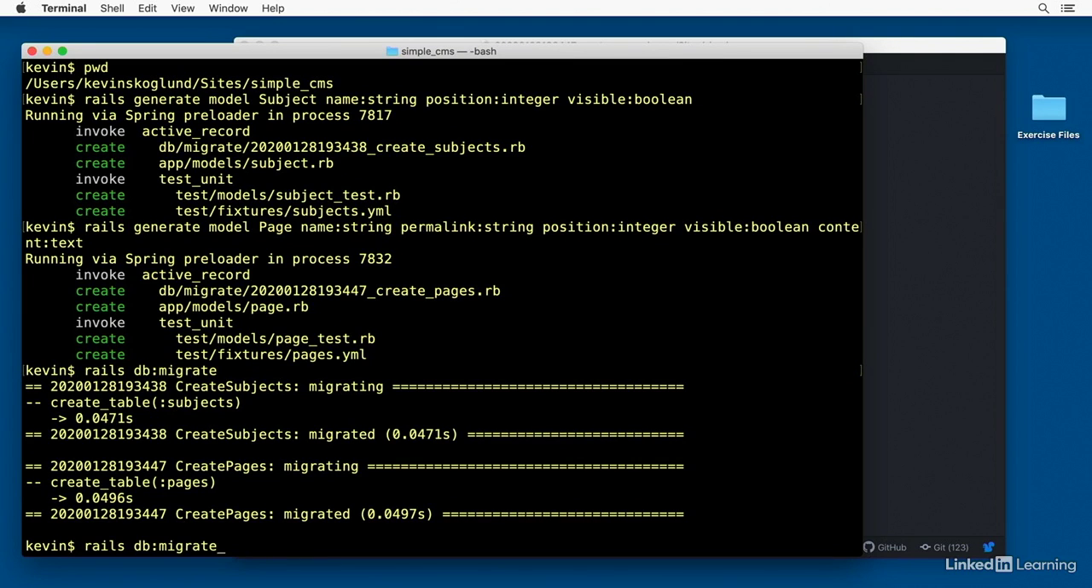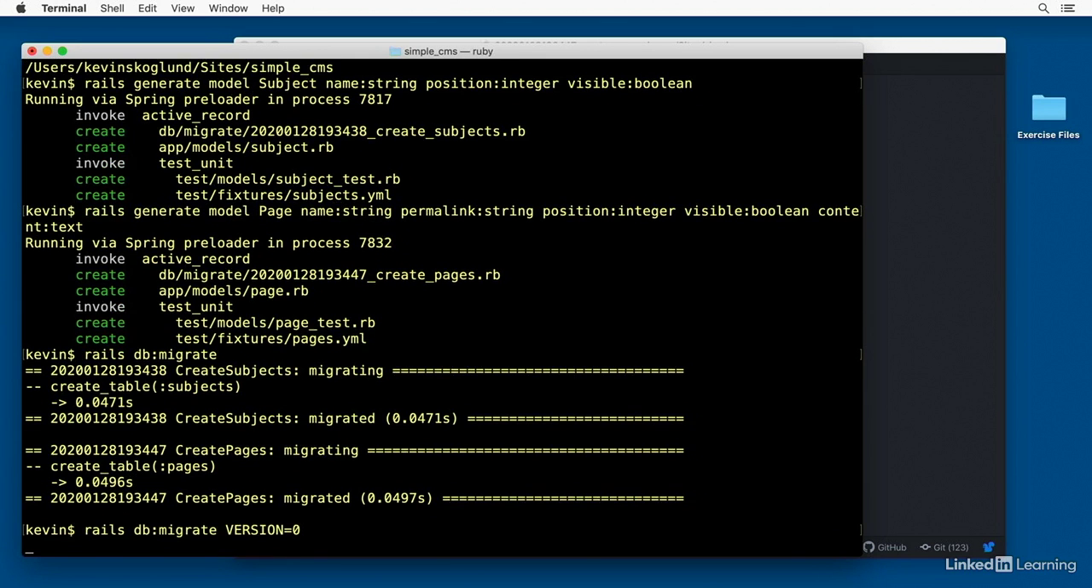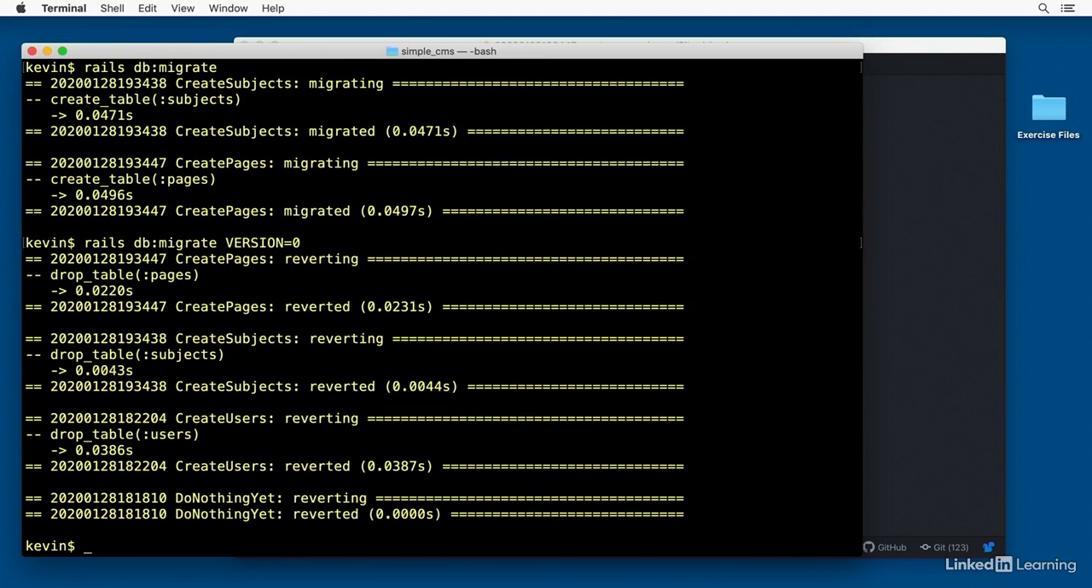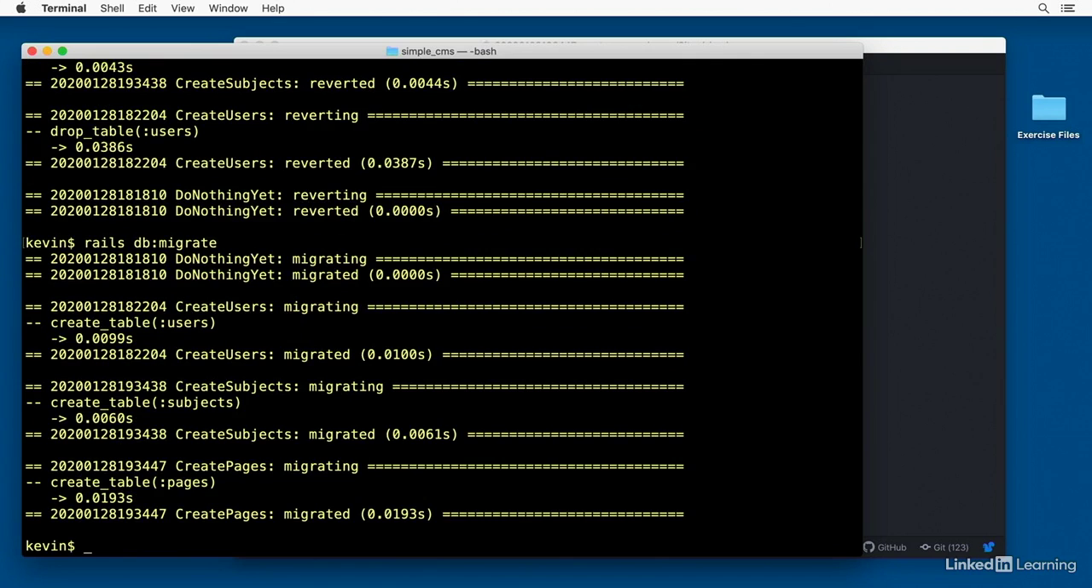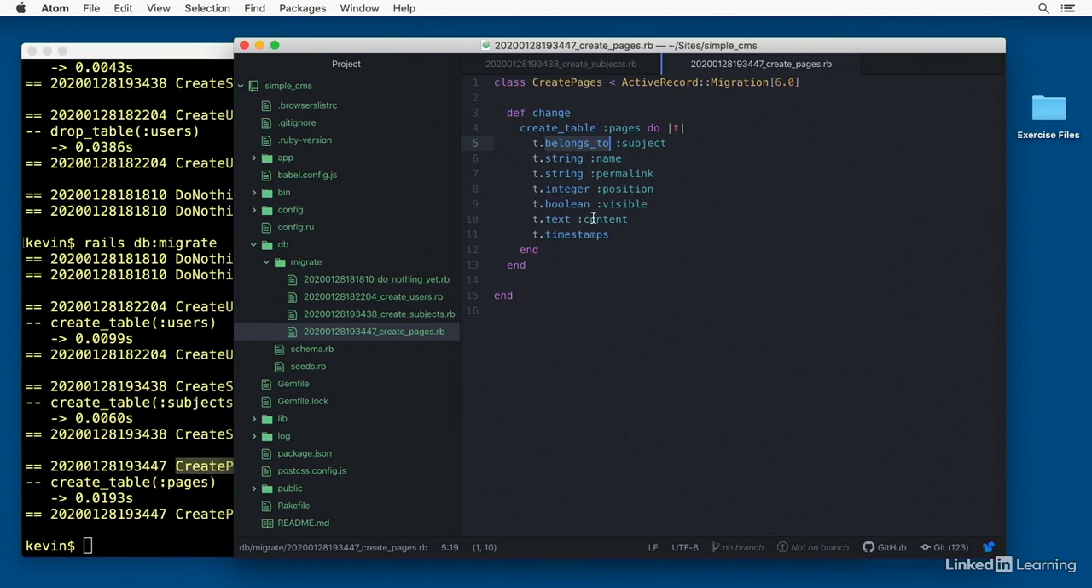If we want to migrate back down, we can go all the way back down with VERSION=0, and it will undo all four of my migrations. You can see it undid create_pages, create_subjects, create_users, and do_nothing_yet. And I'm just going to hit the up arrow to migrate back up, and it will run all four of those again. It will reissue those MySQL commands so that it created the users table, created the subjects table, and created the pages table. If I made a mistake in one of these, then I could just migrate it back down, come over and make some edits to the definition that I've put in the migration,